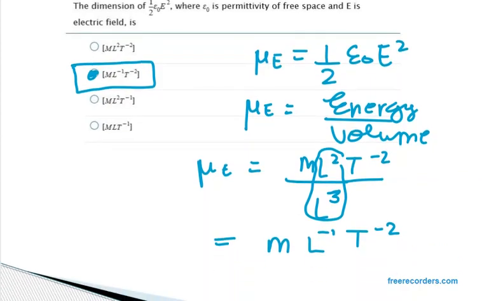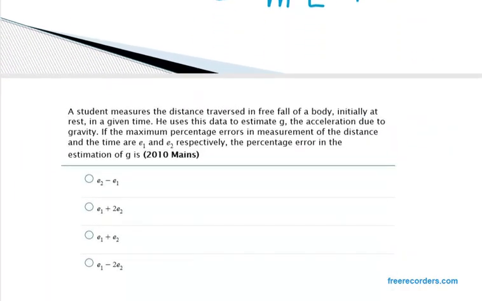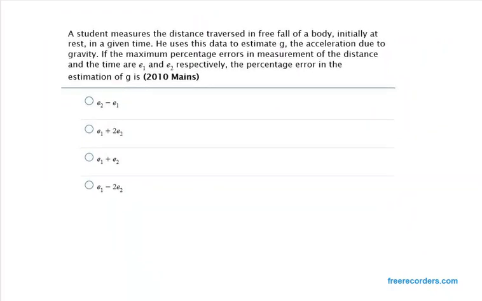Okay, let's move on to the fourth one. This one is a bit tricky. It says a student measures the distance transferred in free fall of a body initially at rest in a given time. He uses this data to estimate g, the acceleration due to gravity. If the maximum percentage errors in measurement of the distance and the time are E1 and E2 respectively, the percentage error in the estimation of g is. So we need to basically find the percentage error in g. So first of all, we need to write the equation for this. So we can use